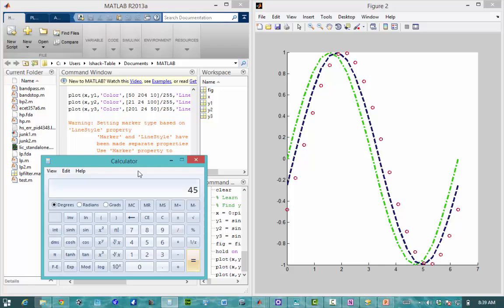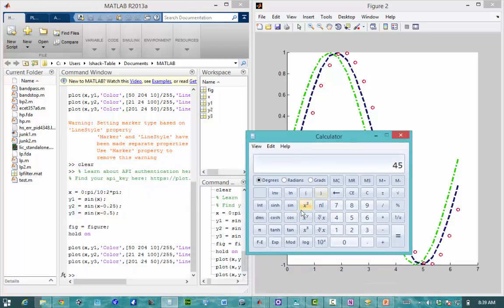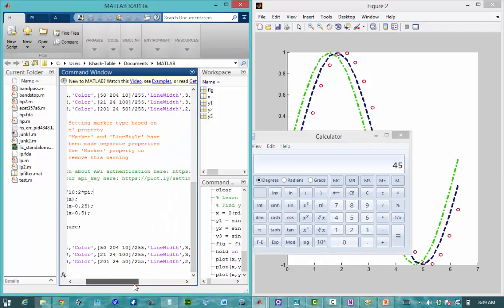Then the next one over here is pi. It's got a 0.25 or 0.50, so that's a 90 degrees phase shift right there. So I can also offset it by pi. And we'll play with some of those here in a minute. So the next thing that we've got going here is that we're going to tell this the color